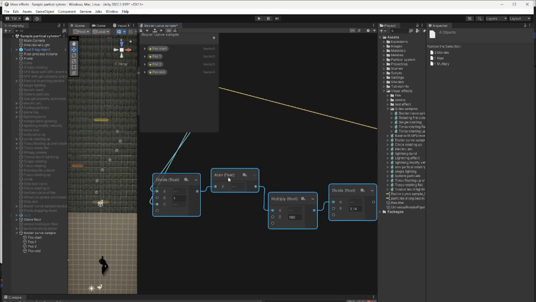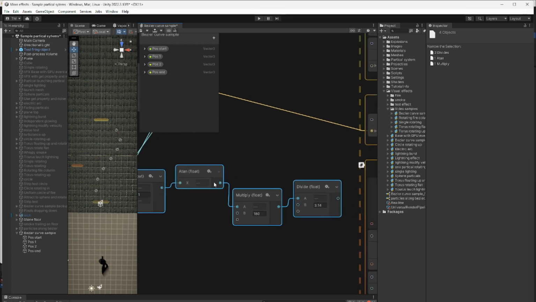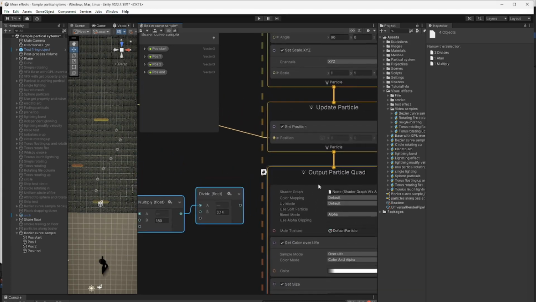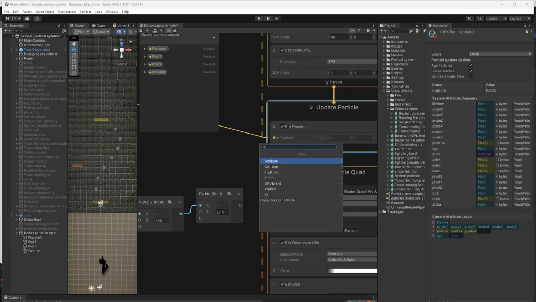I'm taking the arctangent of it. The output of this is in radians, but the angle is in degrees, so I need to convert the radians to degrees. So I multiply it by degrees. I divide by radians. Of course, 180 degrees is pi, or 3.14 radians. And what I'm going to do is I'm going to want to update